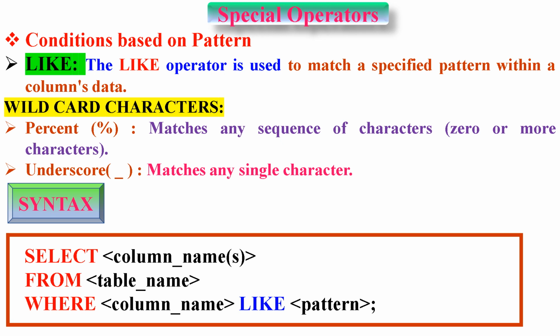Let's discuss the wildcard characters. The SQL like condition allows us to use wildcards to perform pattern matching. SQL provides 2 wildcard characters that are used while comparing the strings with like operator. % matches any sequence of characters, 0 or more characters. Underscore matches any single character. The syntax is select column_names from table_name where column_name like pattern;